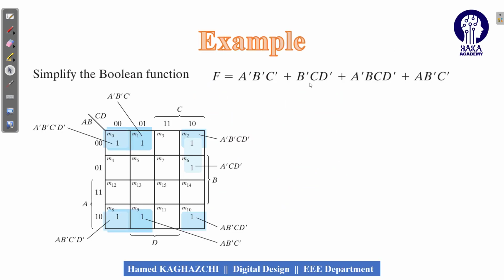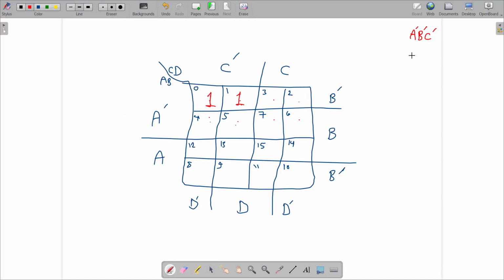What is the next one? B prime, C, D prime. So B prime is this too, and also this form. C is this one, this one, this one, and this one. And the D prime, this one and this one. Because here we don't actually have C, we cannot write it. Just the common is this. Here we have to write 1.